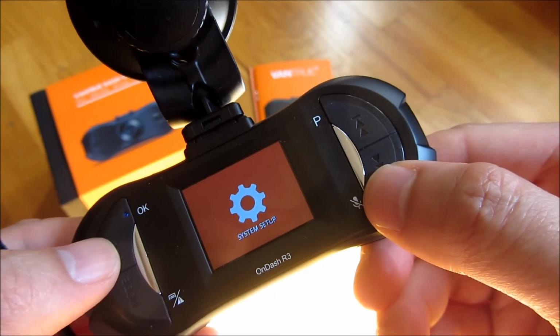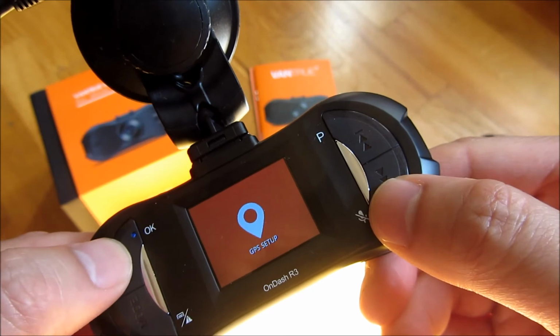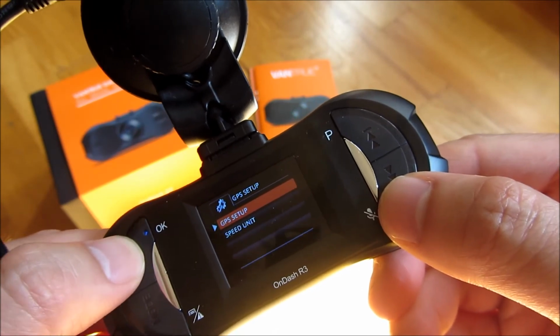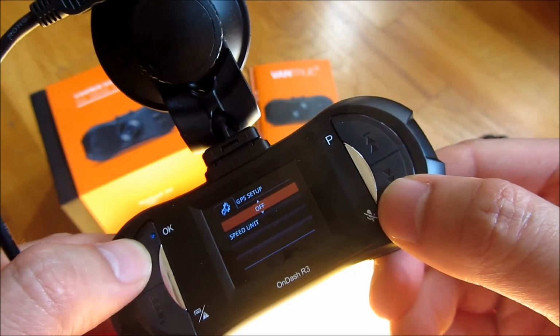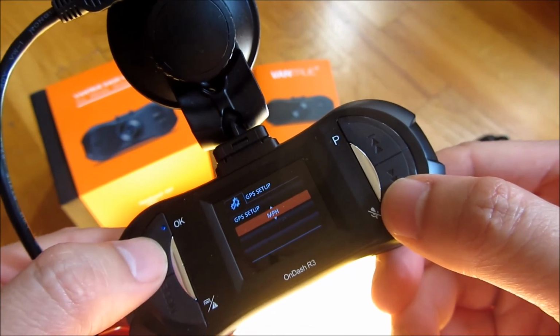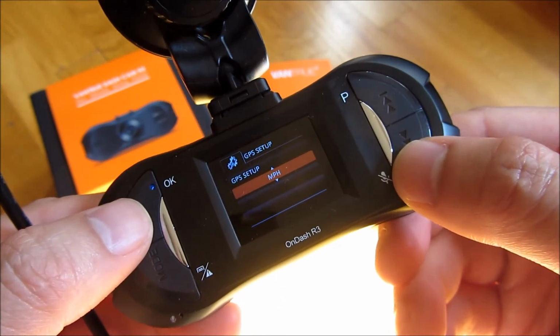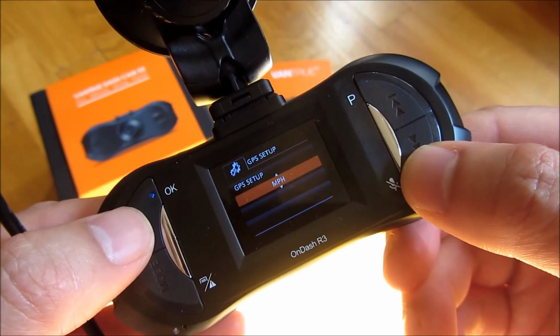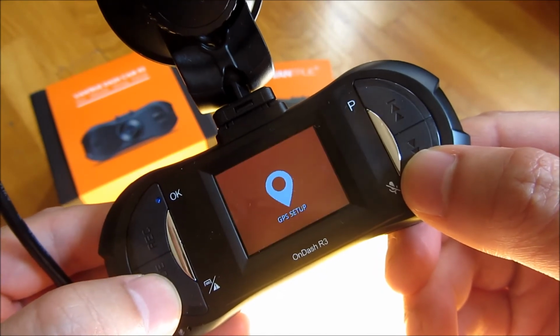modes. I'll go quickly into the GPS setup, even though I don't have a GPS. So it's on or off. And this is miles per hour or kilometers. And if I go back to mode,